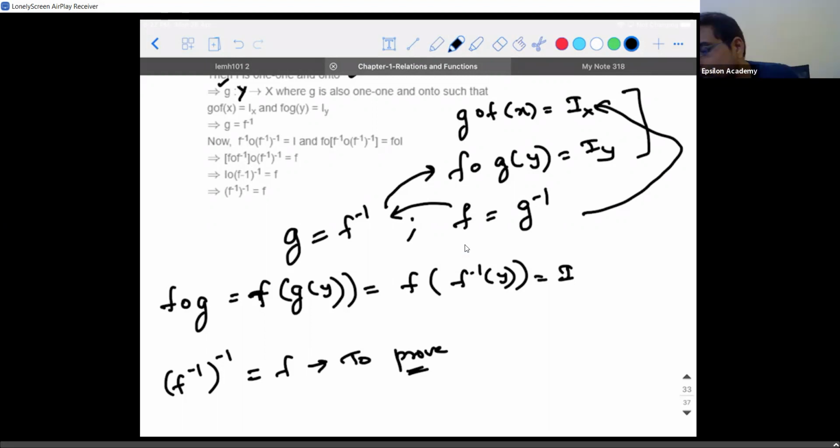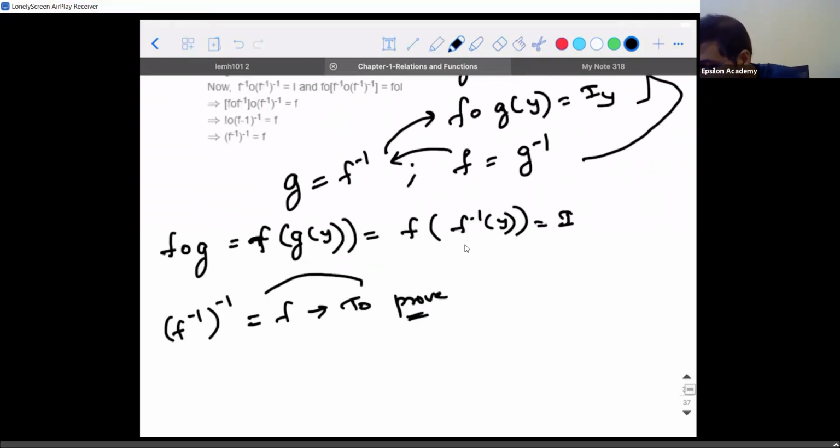Right, you're saying F is equal to G inverse. No. Let's say there is an operation like I take the inverse on both sides, then F inverse is going to be G only. What is the difference? It doesn't make any sense. Okay, so this is what we need to prove.